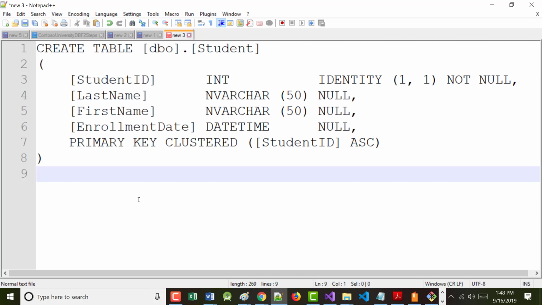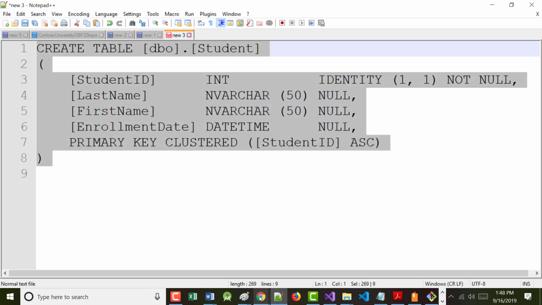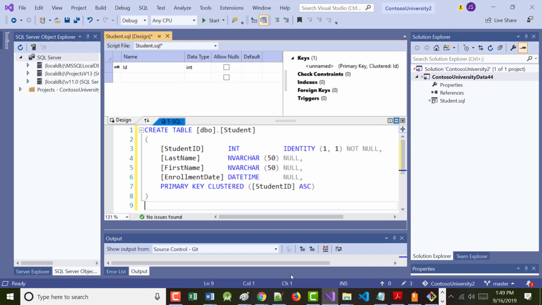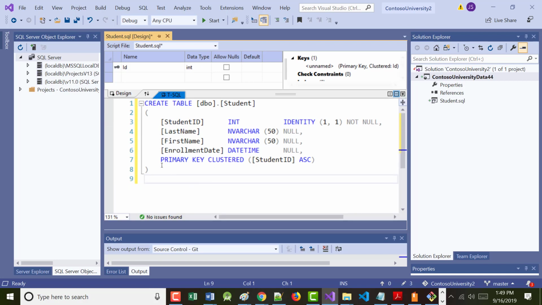After you get this put in, and I'll just show you this. I'll come right back to this. But after you get this put in then, please go in, remove whatever is in here, and replace it with that. That's where we want to put this, is right there. This is the same thing I just showed you. So you want to right mouse click, and choose Add New Item, Table. We called it Student. We want to put that in there.